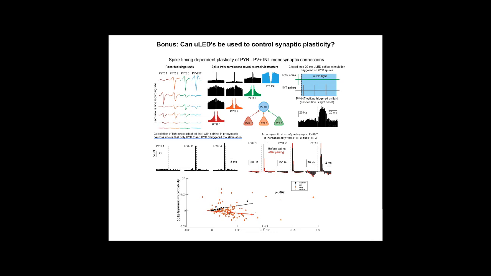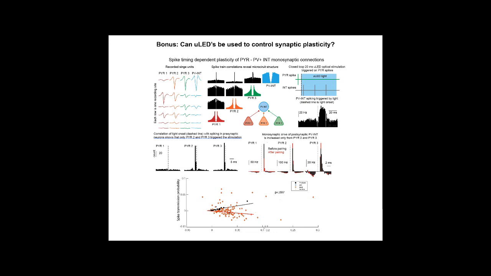And very interesting, what you see is the before pairing is black, the after pairing is in red. For pyramidal cell 1, that connection actually appeared to get weaker. So the spike transmission probability went down. But pyramidal cells 2 and 3, the paired ones, increased, which is very interesting and suggestive that these synapses do undergo forward timing STDP at least. And this is quantified for a relatively small number of cells, but it's significant in this plot below, that the red little diamonds,